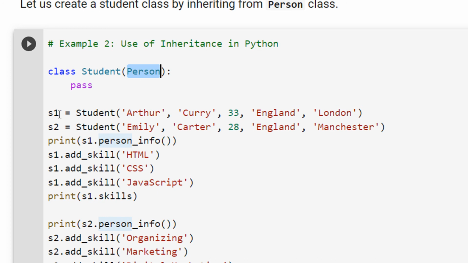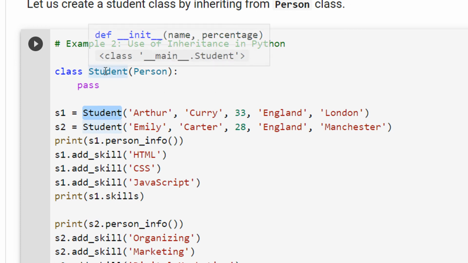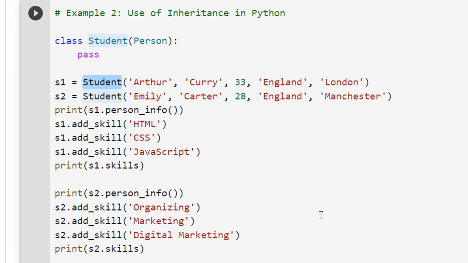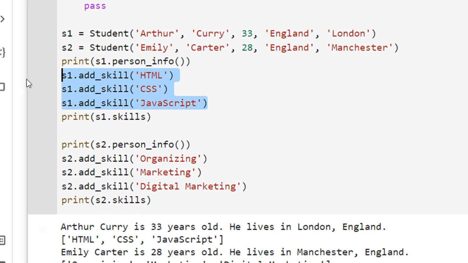Now you can see S1 and S2 are objects of student, which is a derived class out of person. So we are adding these two students. When I execute this code, I am adding the skills for student 1 and for student 2.